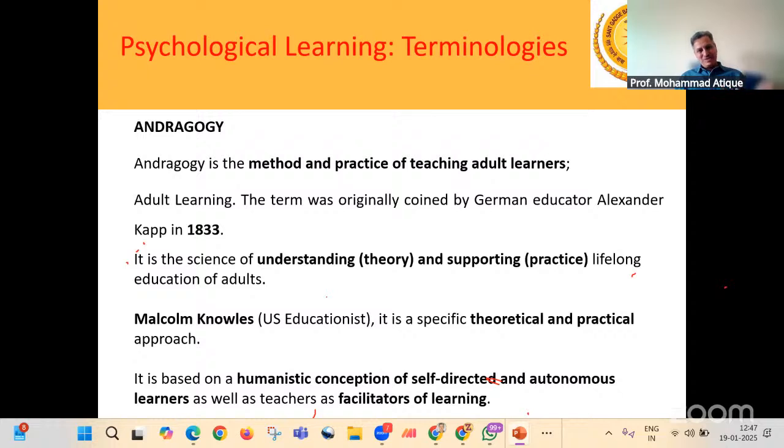It was coined way back in 1833 by Alexander Kapp, and it talks about the science of understanding theory and supporting practice. That is how you can transform an ordinary learner into a lifelong learner. That is the philosophy, and moreover, when you are dealing with adult learners, your approach must be a little bit different.